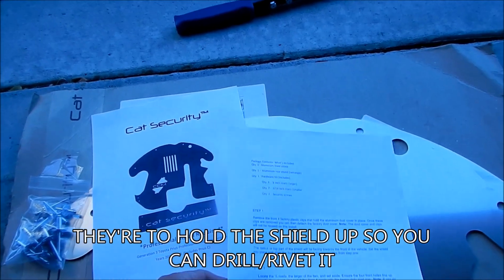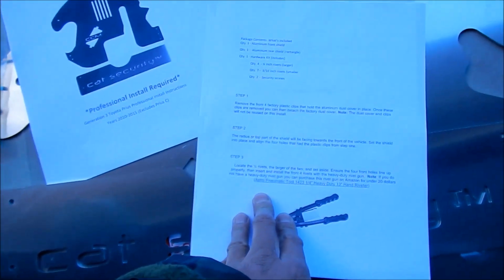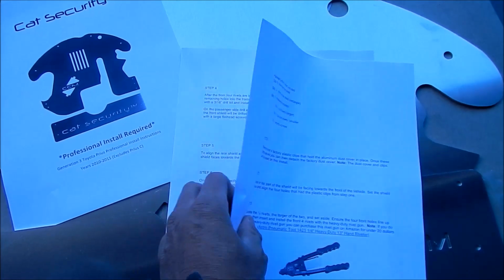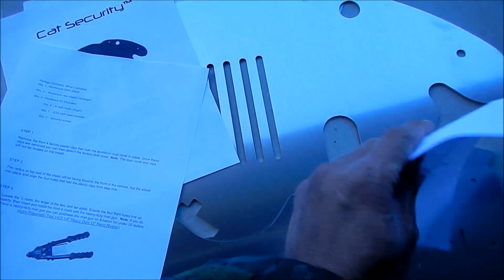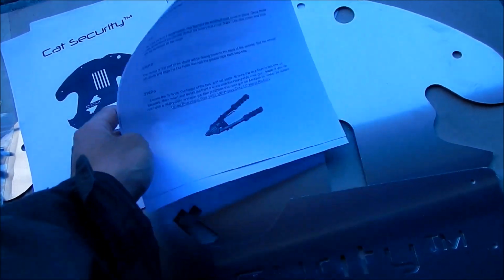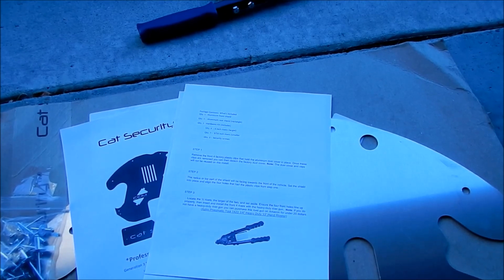All right, I'm going to go over the steps as we go along. There's 4 steps for the front shield, and then there's 3 steps for the rear. So I'd imagine the rear one is a lot easier to install than the front one. What it doesn't say is how exactly to do it, but I imagine the first part is to get